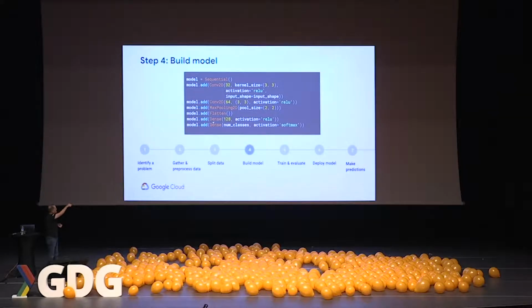Then I'm going to do another activation function again with 128 filters. And then finally, I'm going to do a softmax. We're just going to take all the results and push that down into something between 0 and 1. So it gives me the likelihood that each one of those things is going to be correct or not. So again, this is the simplest possible neural network defined using the traditional tools.